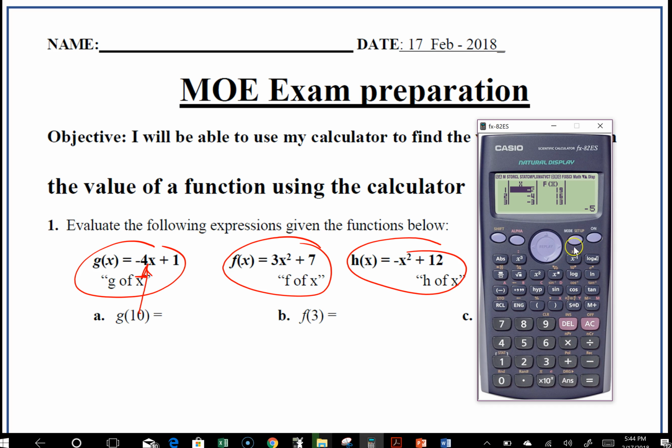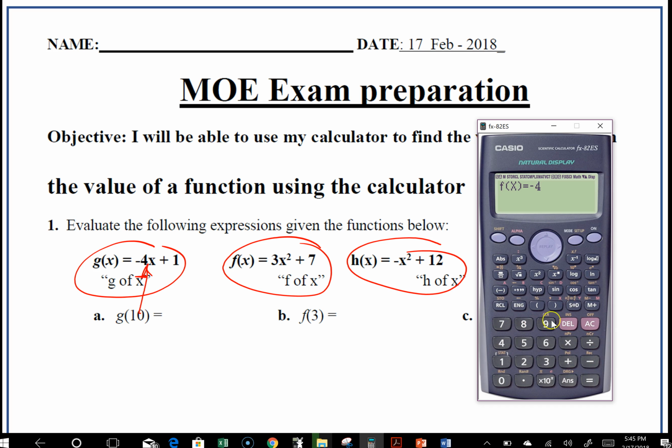So you go here where it says mode. I'm going to click this mode button, and then we're going to choose table. So we're going to hit 3. So it's asking us for the function. See how it uses f of x. Even though it says g of x, you can use f of x. So my function is